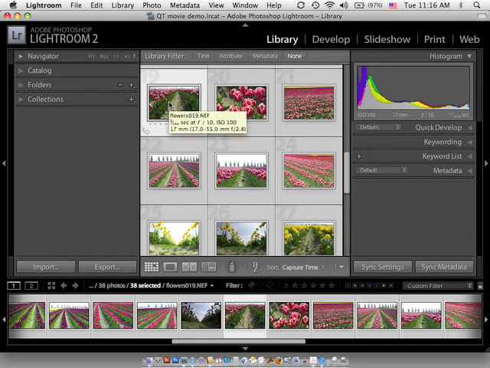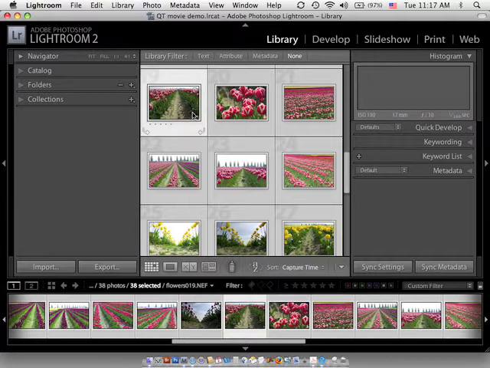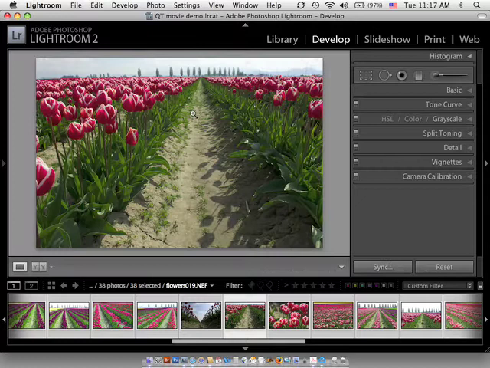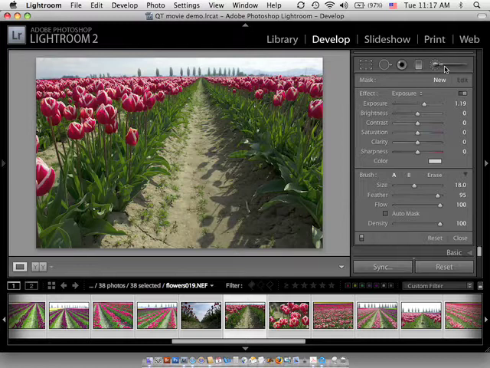Today we're going to look at the new Lightroom 2 Develop module that has local corrections for adjusting and enhancing images. I'm in the library mode currently, and I've selected an image that I'd like to enhance locally. So I'm going to hit the D key on the keyboard to transport me from the library module to the Develop module. And then within the Develop module, I'm going to hit the K key to activate the local correction